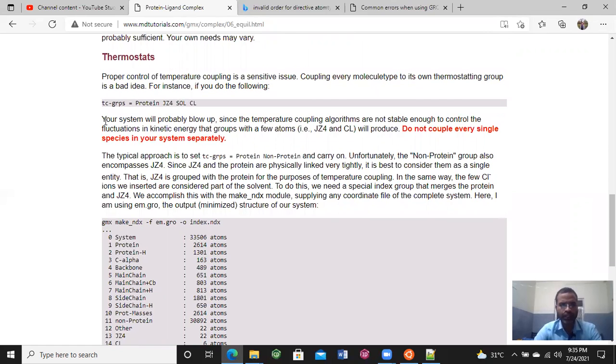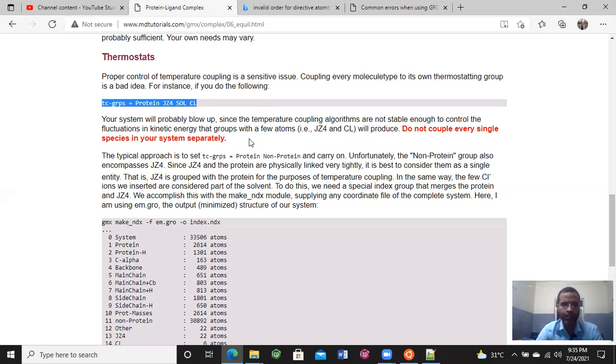Now it says that we need to change the tc-grps from protein. In my case, it is ligand, SOL, or Cl. Since Na is not present, we need to use this. This is done for the proper control of temperature, and this is the parameter which is included in the MDP file.